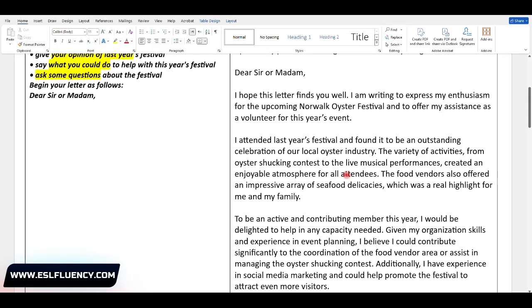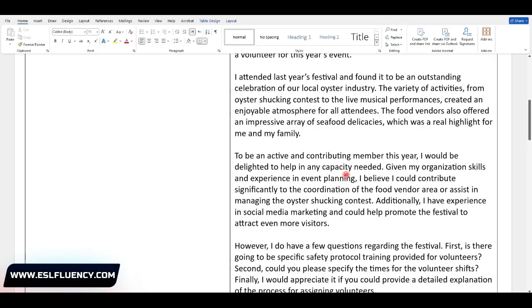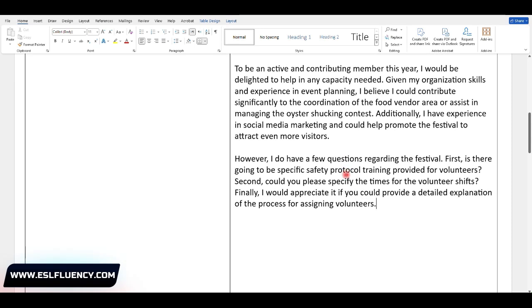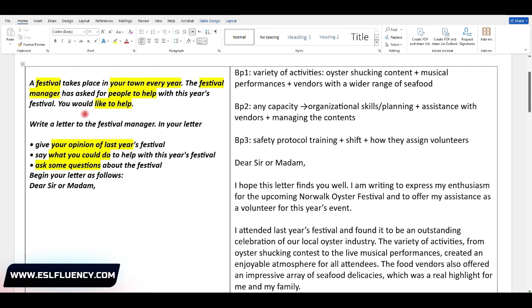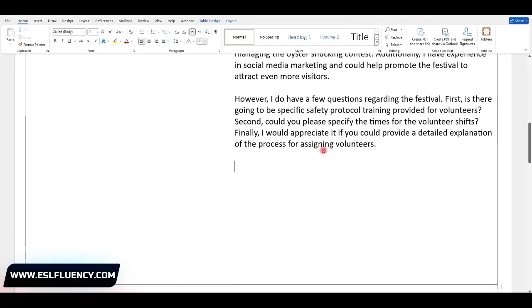Okay, our letter here is done, but we need a final sentence and then we sign off. The final sentence depends heavily on the type of your letter. Here we are writing a letter to offer our assistance, so we are awaiting their response and applying for something.